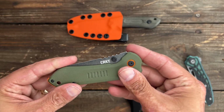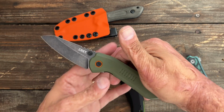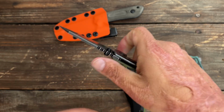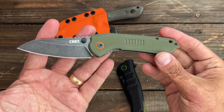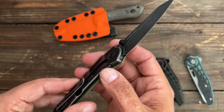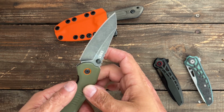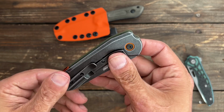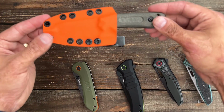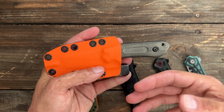And this folder right here is basically the folding version of this fixed blade. This is the CRKT Overland. They made the compact this year. I absolutely love the blade shape. The only thing is this one's in, I think it's in 8Cr13MoV, pretty sure. And that's pretty underwhelming for me, so I didn't really carry this one all that much. But he has an Overland full-size model, and that one's a little bit too big for me to EDC,